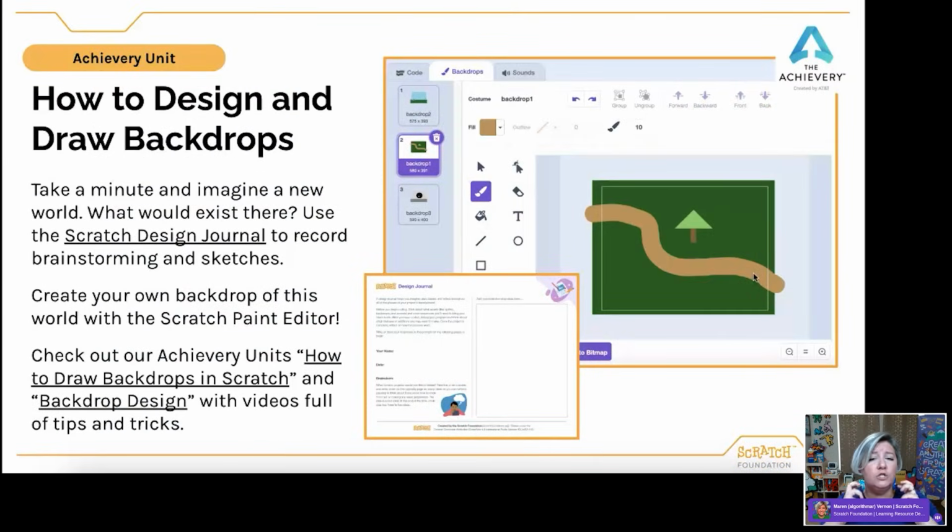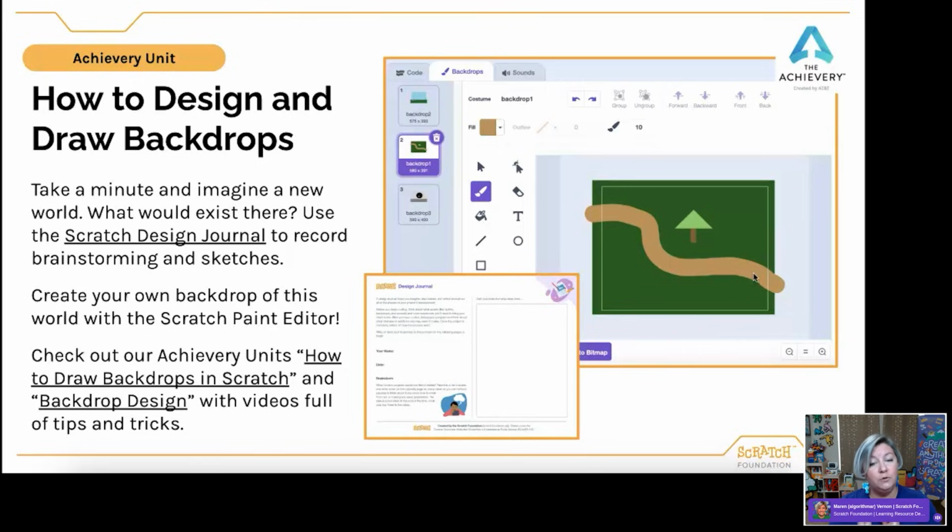We're going to start by creating our own backdrop in the Scratch Paint Editor to represent this world. But don't worry if you feel you are not the world's greatest artist. I am going to share some tips and tricks in the coming slides. I just want us to familiarize ourselves with the tools and do our best to create something.